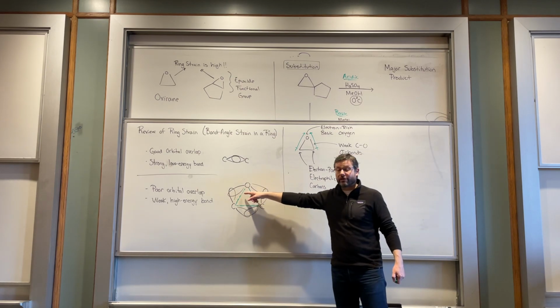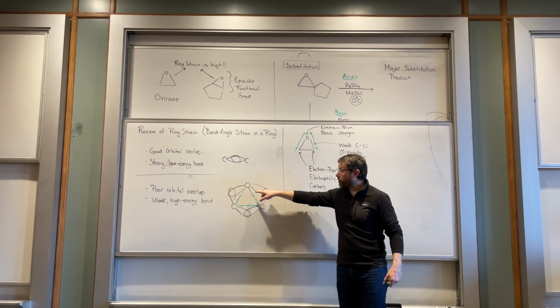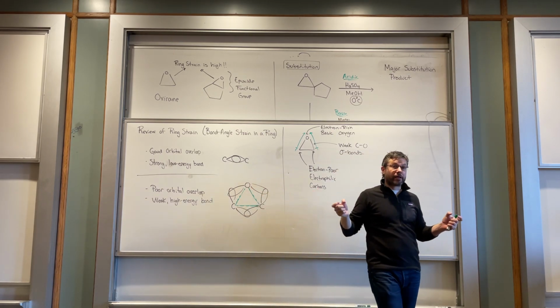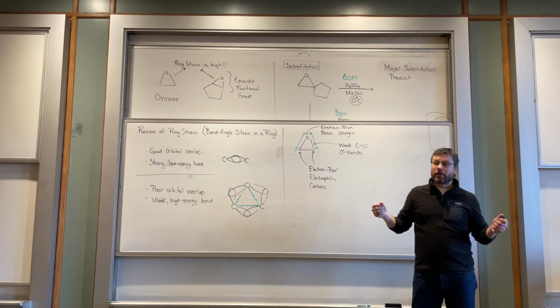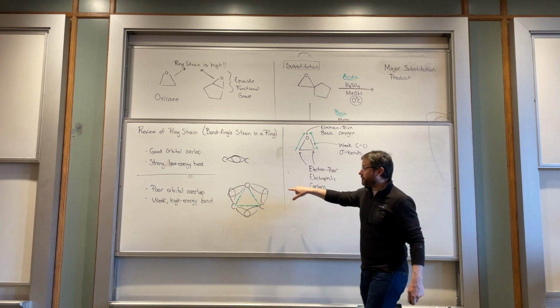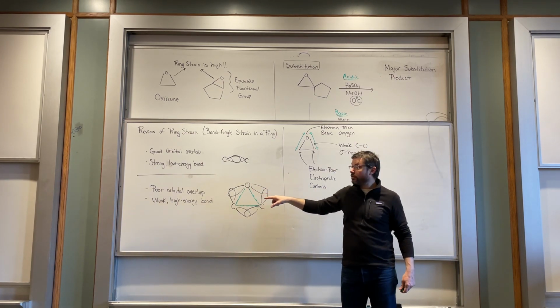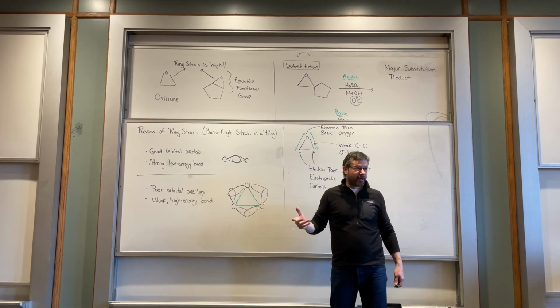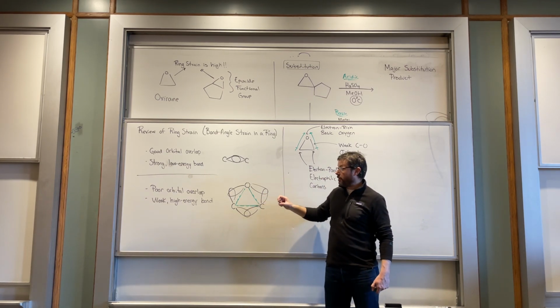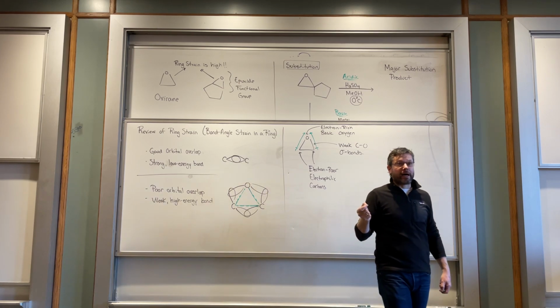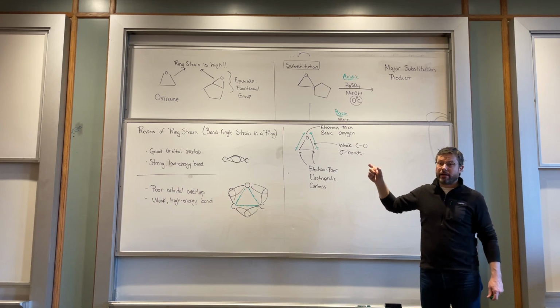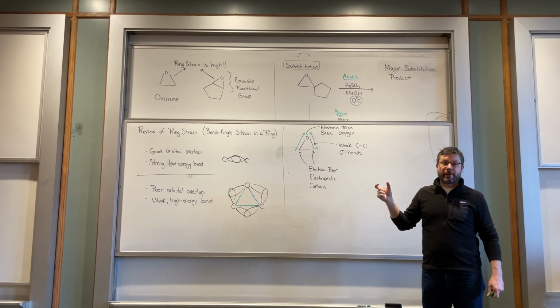If those orbitals aren't pointing directly at each other, they can still overlap, but they're not going to overlap as effectively. So in this three-membered ring, we can imagine the orbitals are coming off of the atoms at the right angle, but they're not going to be pointed at each other because there aren't enough atoms in that ring for that to happen. So we get overlap, but it's not ideal overlap. And that's going to result in weak bonds, or high energy bonds. Okay, so if we were to take propane and combust propane,